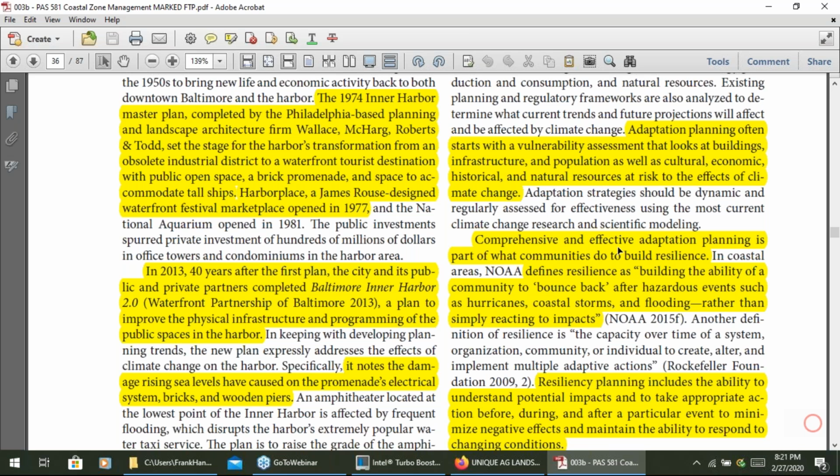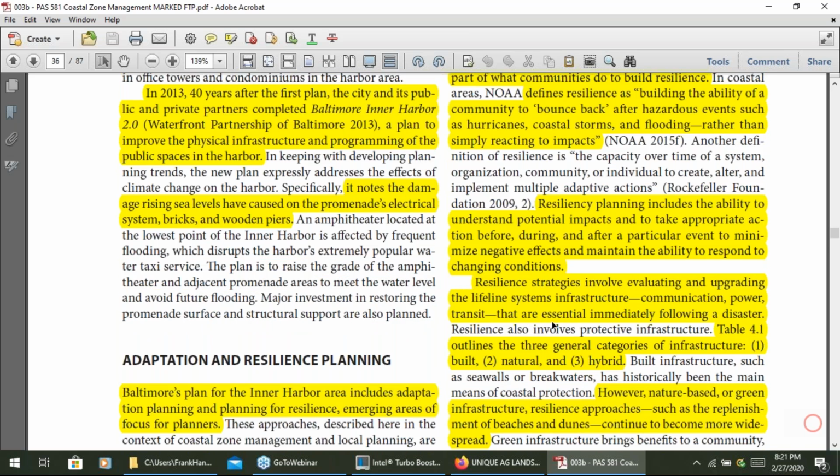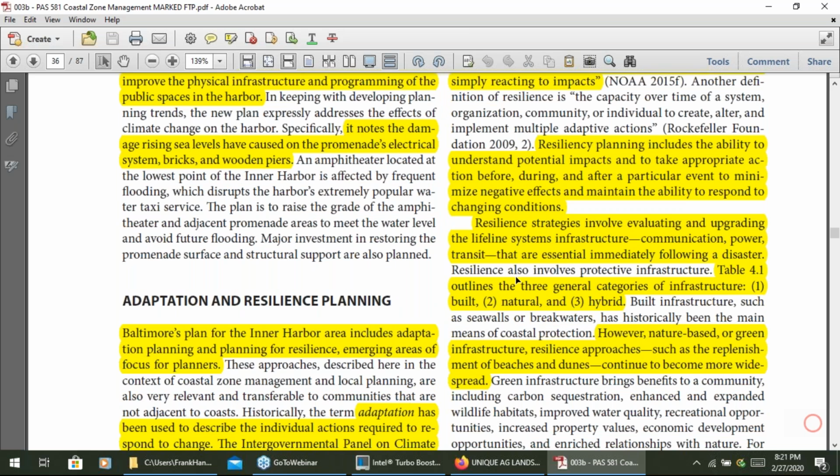A comprehensive, effective adaptation plan is part of what communities do to build resilience. Resilience is building the ability of the community to bounce back after hazardous events such as hurricanes, coastal storms, or flooding, rather than simply reacting to the impacts. Resiliency planning includes the ability to understand potential impacts and take action before, during, and after.